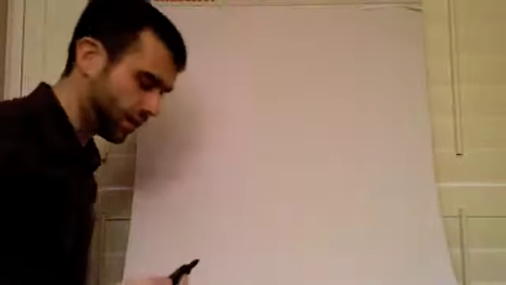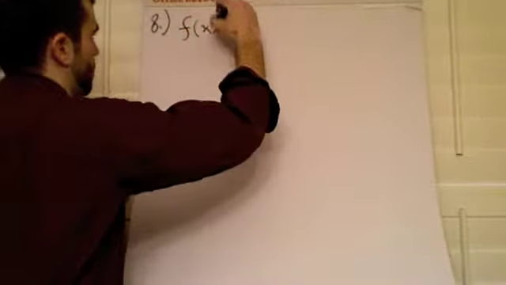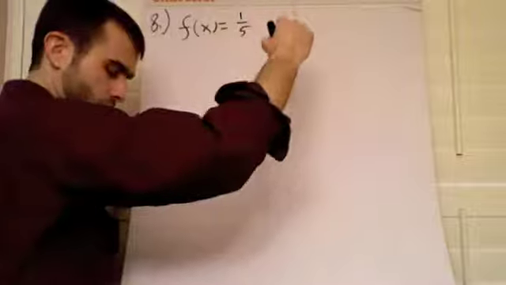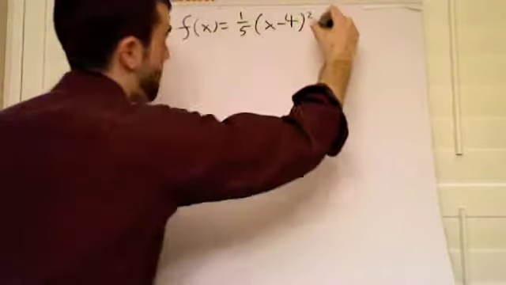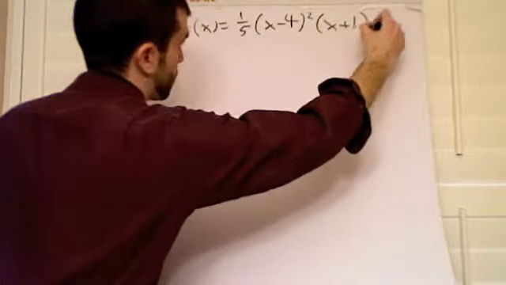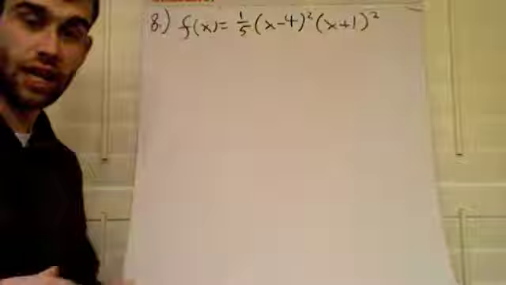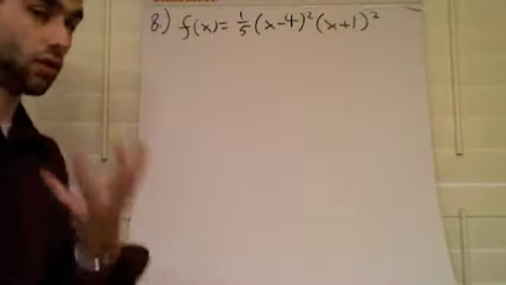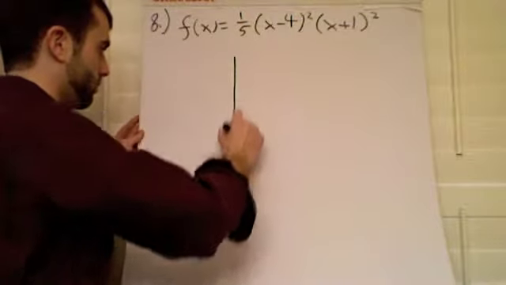Now, this is number 8 on page 390. This is number 8, so let's do this one. It says f of x equals 1 over 5 times (x minus 4) squared times (x plus 1) squared. Okay, we already know we're going to have 4 roots. It's going to cross the x-axis 4 times. Okay, so if we draw a graph,